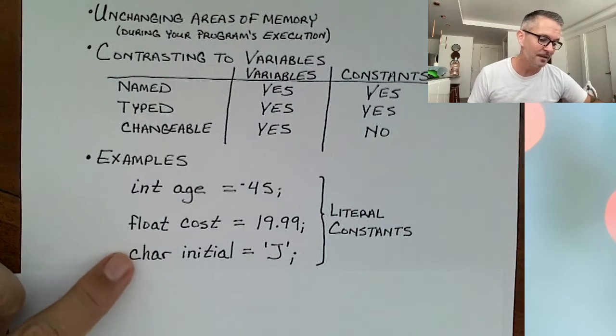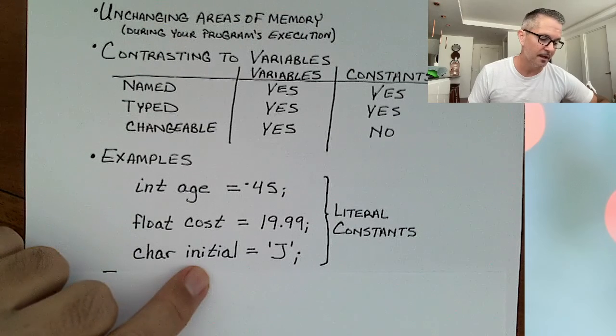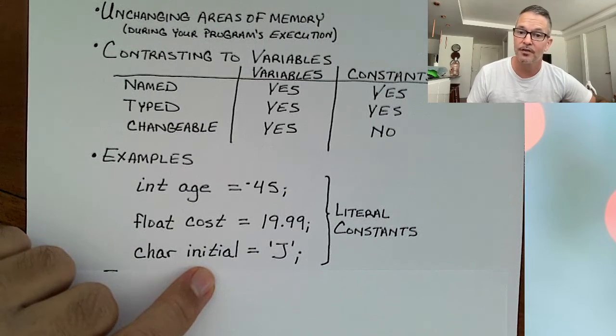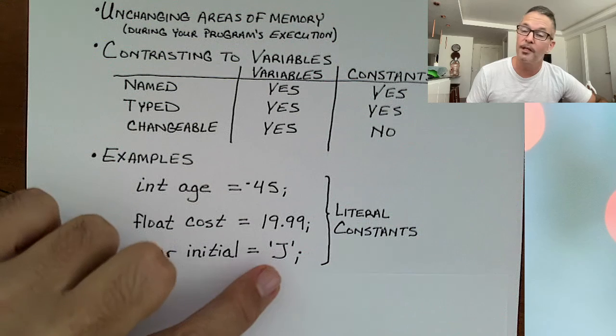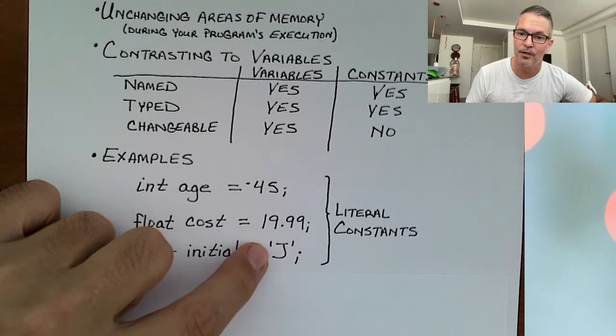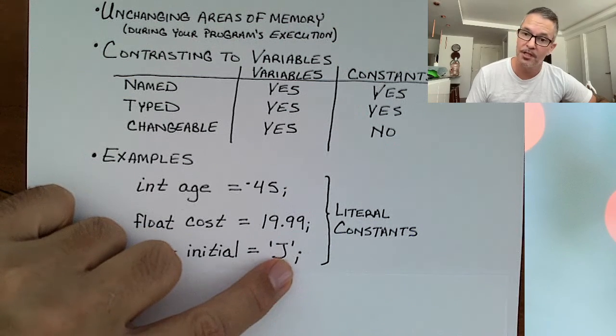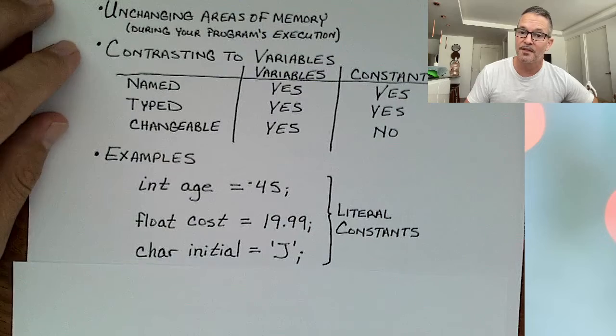The last kind of constant that we've seen is a character constant. Here I'm defining a character variable called initial, and the way you write a character constant is you place it inside of single quotation marks, the character that you want, closing the quotation, and that's how you specify a character